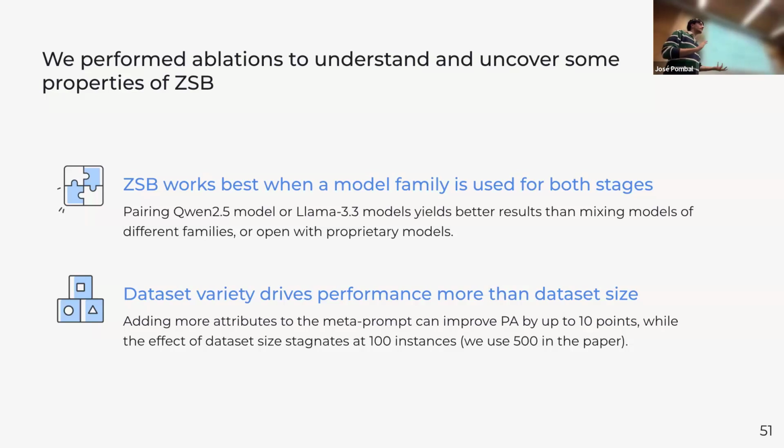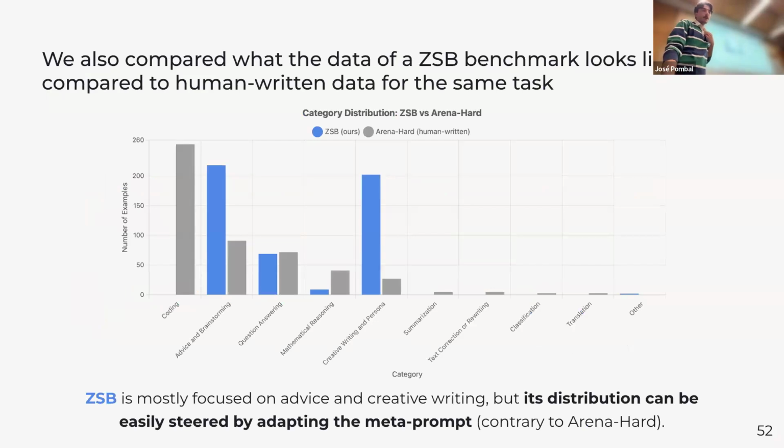So this is to say that your time is better spent, or your compute, what have you, in creating a better prompt or creating a better system for eliciting this variety in the benchmark than it is spent in just scaling up and creating like 10 million dataset instances for the benchmark. Then, you might be wondering, what do these dataset instances look like? Like, what are they actually measuring?